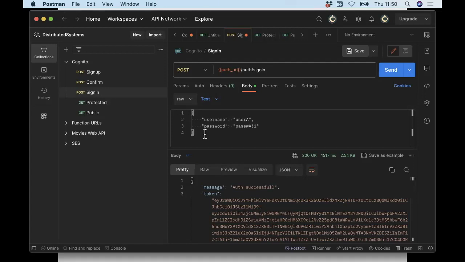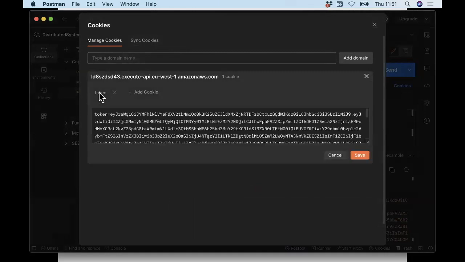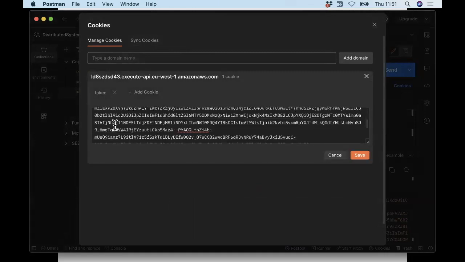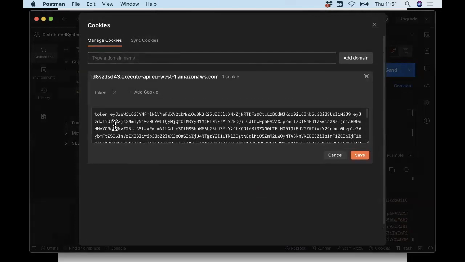Now, with Postman, as you may know, if you send a request and there are cookies included in the response, then you can see the cookies by just clicking this link here on the top right. So if I select that, I can see that there was one cookie returned. The cookie's name was token. And if I just select that particular cookie, because there could be many, then this is the value of the cookie. And this is a JWT token, which you're familiar with from last year. So if I copy that,